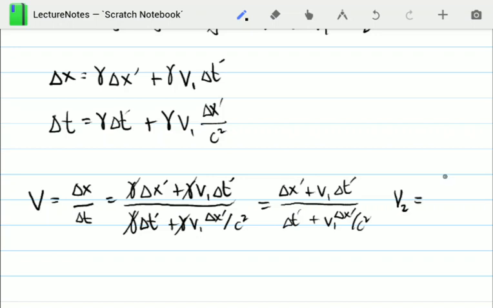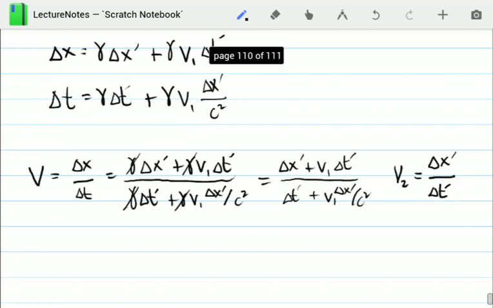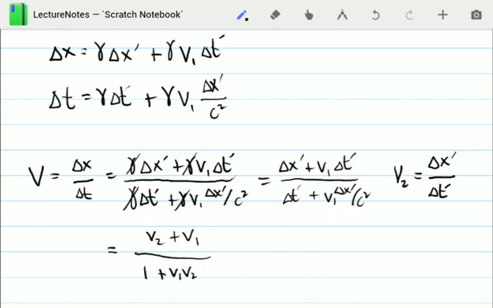So therefore, v sub 2 by definition is given by the distance that an object travels according to the guy on the platform, let's call it delta x prime, over the time it took for it to move, delta t prime. And I wrote it that way so that I can simplify this equation. If you divide the numerator by delta t prime, this will give you v2 plus v1, okay? And then the denominator also, you divide it by delta t prime, this will give you 1 plus v1 v2 over c squared, okay? Or we can rewrite that as v1 plus v2 over 1 plus v1 v2 over c squared,